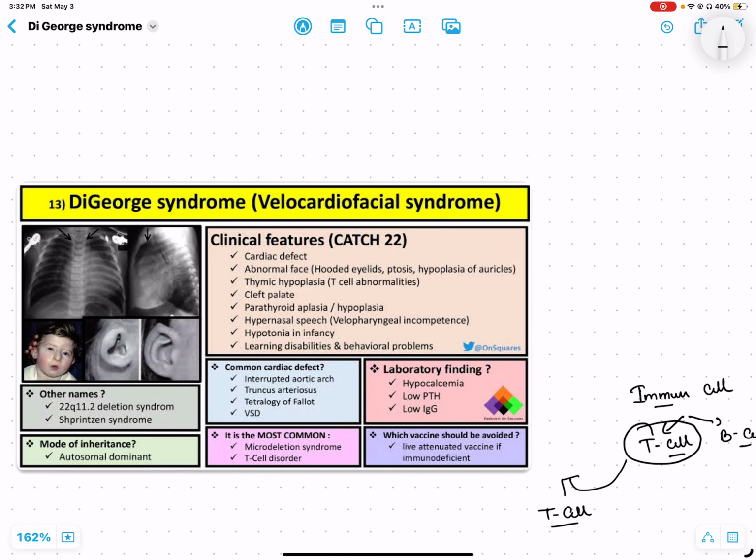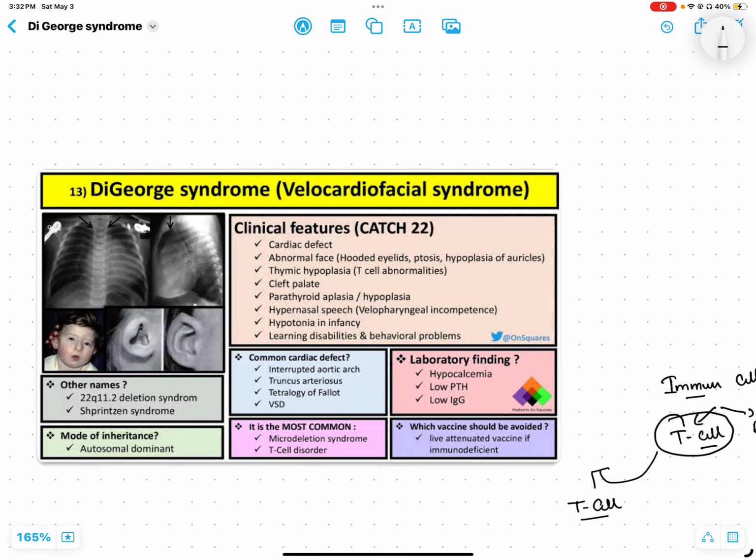Here I have taken a famous picture of DiGeorge syndrome where I'm explaining this. Velo is palate, cardio is heart, and facial is the face. That pretty much makes sense, and that is the reason it is named a syndrome. Though this baby is going to have all these manifestations of cardiac, face, and palate disorders, there is one more important thing you should understand with DiGeorge syndrome, and we are going to discuss how it leads to